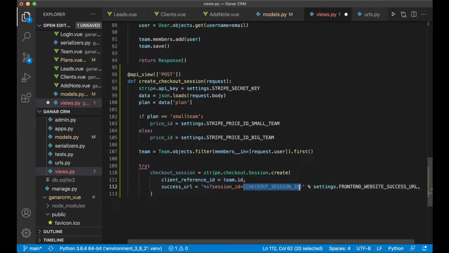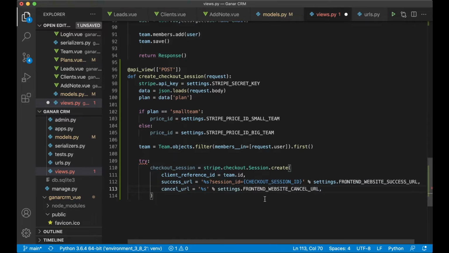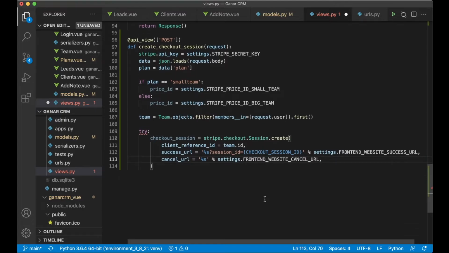And this should just stay like this, because Stripe will fix this for us when we are redirected back. And then I want to set the cancel_url, which is just the one we set up in the settings.py